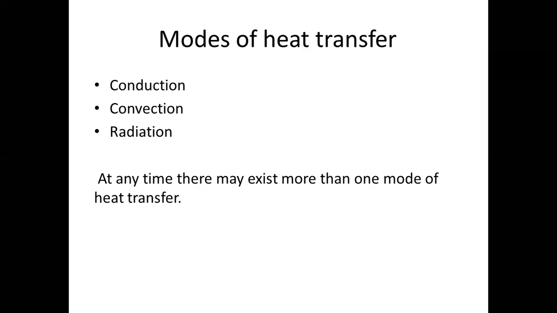If you escape the earth atmosphere, then there may be a different case, but in the earth atmosphere there will always be more than one mode. Means only conduction, only convection, only radiation will not be there. We can say that there may be more than one mode of heat transfer, and we just have to find out the predominant case. In some cases conduction will be predominant, in some maybe convection, some maybe radiation. Accordingly we have to find out the design.